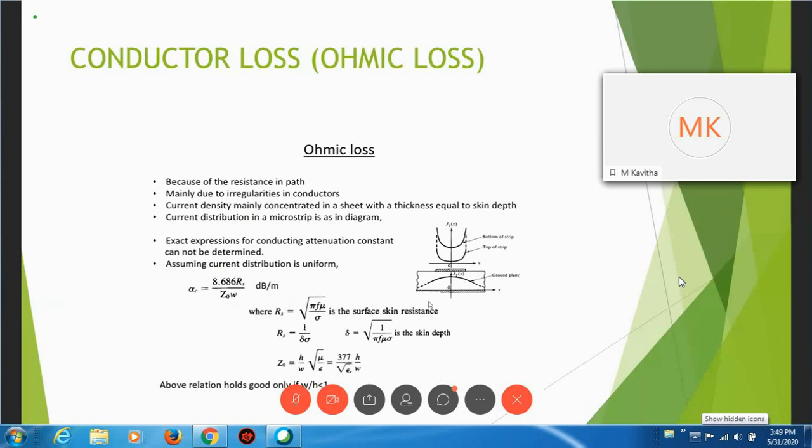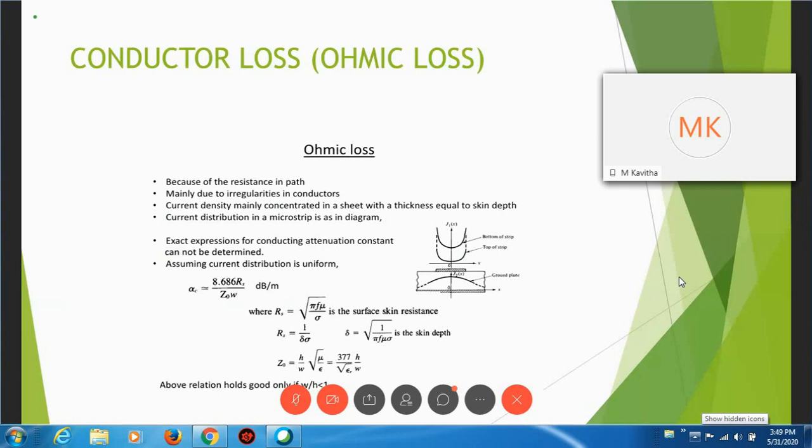And this is the second factor. It's all about the conductor losses. So the conductor loss is nothing but the loss present in the conductor. There are three factors which influence the loss in the conductor. The three factors are the conductivity of the material, the skin effect, and the smooth surface, that is, surface roughness. The first two factors are interrelated with each other, that is, conductivity and the skin effect.